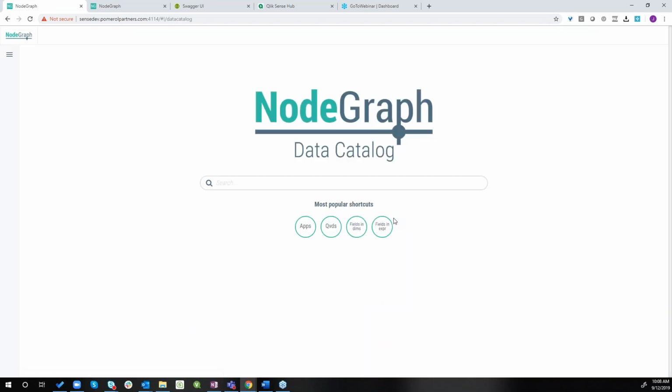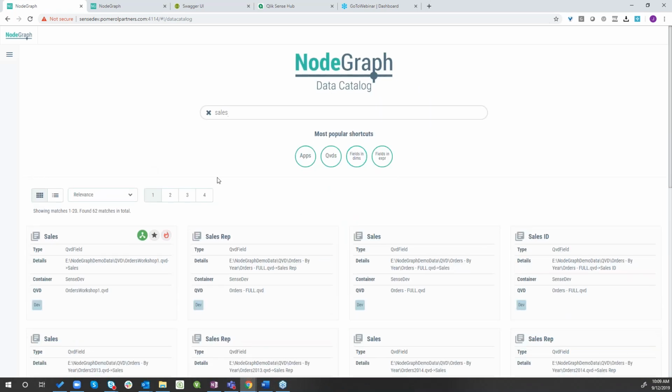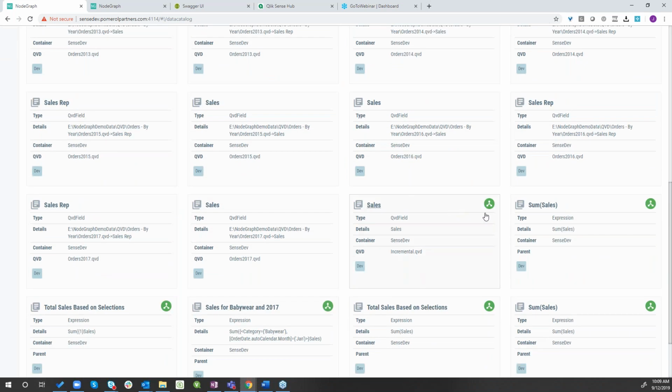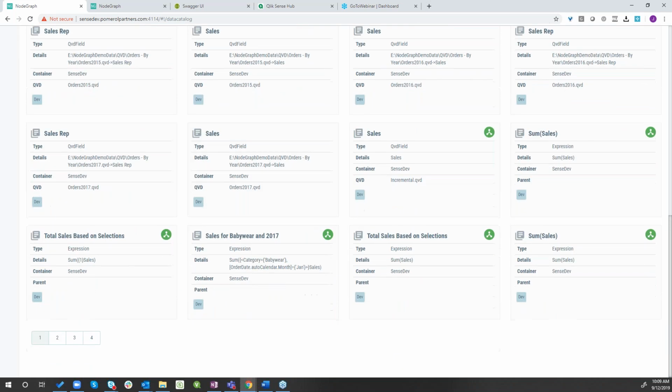So first thing I'm going to do is start with this data catalog. Very Google-esque kind of functionality. All right, so I just click on data catalog. I want to search for sales. Right now it's looking across everything, but I see sales exists as a field in QVD. There's also a field called sales rep as a QVD field. I can see which QVD it's coming from. I can also see if it's being tracked in the Lineage Explorer, and